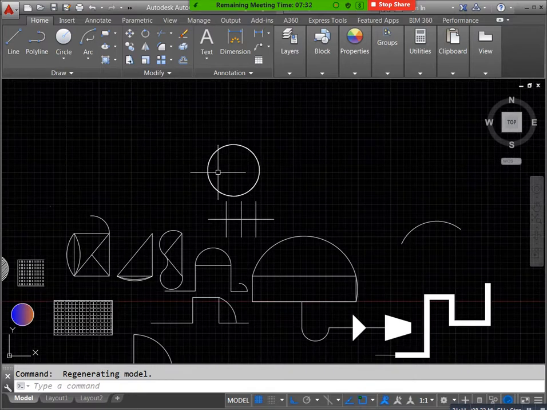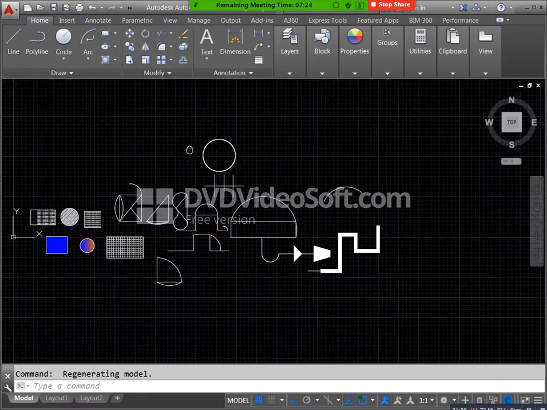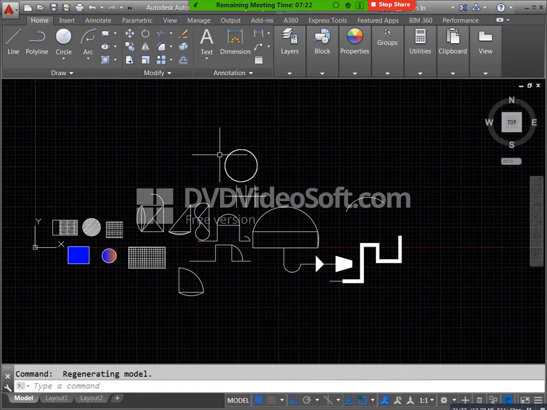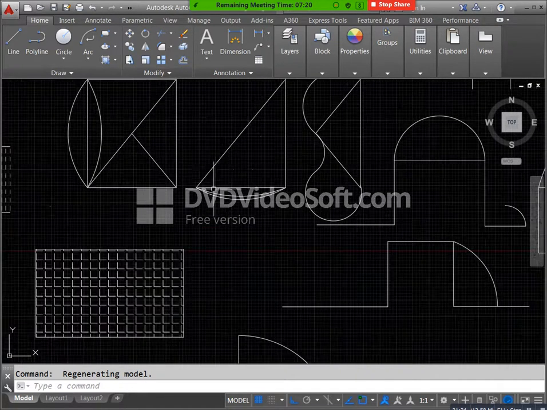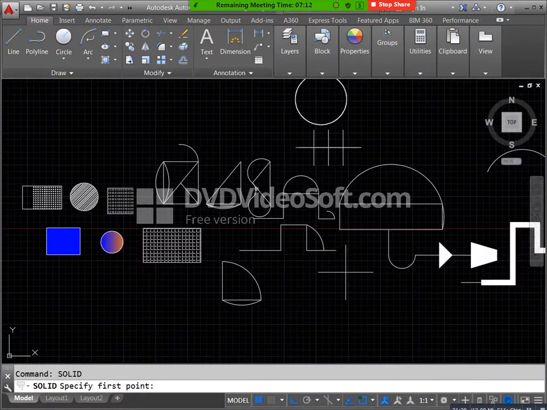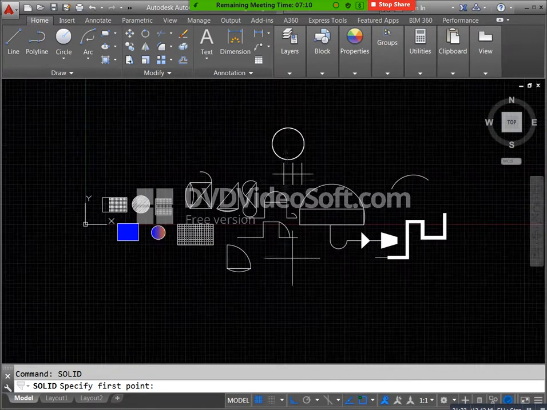Okay, mostly we have these commands only in the draw panel. We are using these commands. Tomorrow we will discuss modify commands. Okay, up to this one you will practice all of this. Why? Because commands are very important. When you do your HVAC drafting, definitely we need to use our commands. Okay, today we will practice up to here.